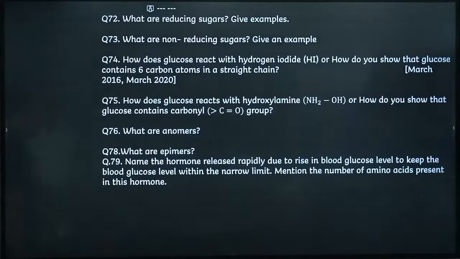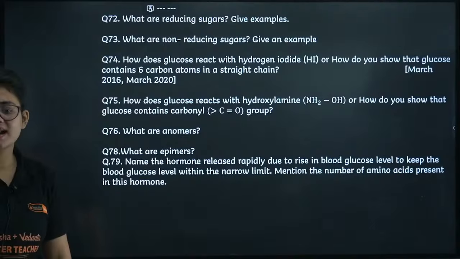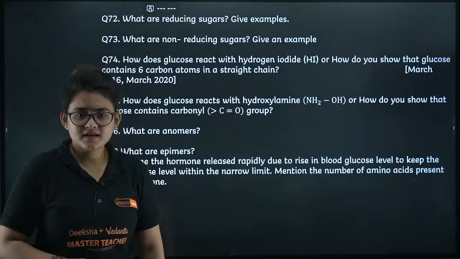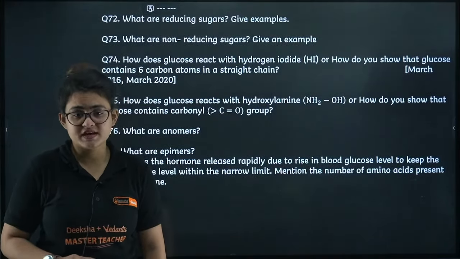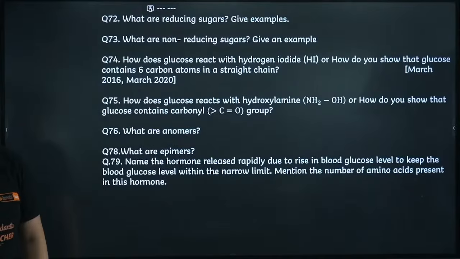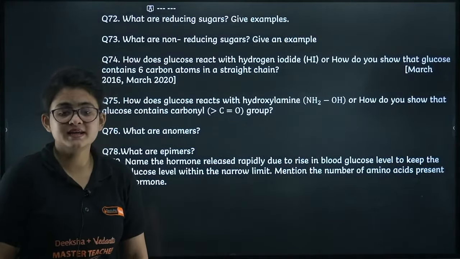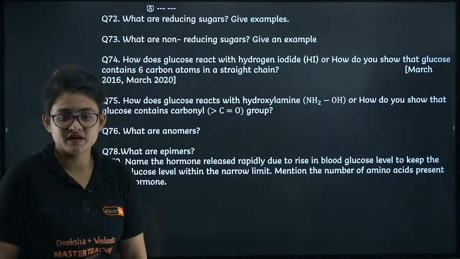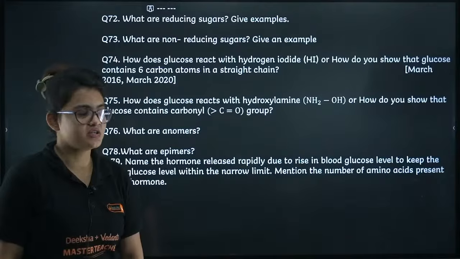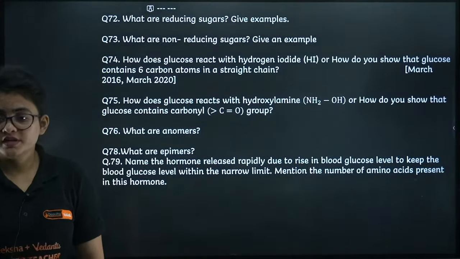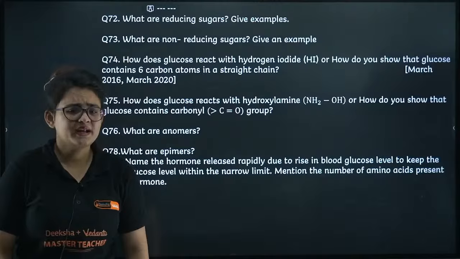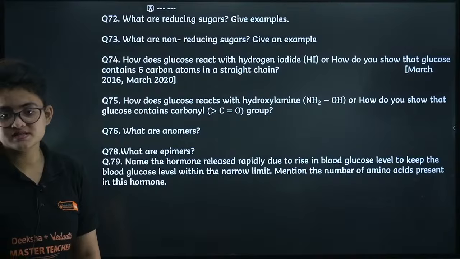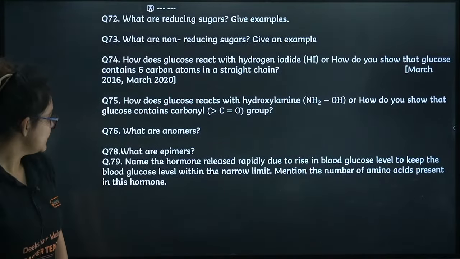Now you can see the next question, the complete structural analysis of glucose itself is important. They can ask you why you can say that glucose is having a 6 carbon system, right? Because once you are heating this with HI, it will give you n-hexane. That can give you the proof that glucose is having 6 carbons. It is having one carbonyl unit, hydroxylamine. So the entire structural analysis of glucose is important. Then epimers and anomers definitions, very important.